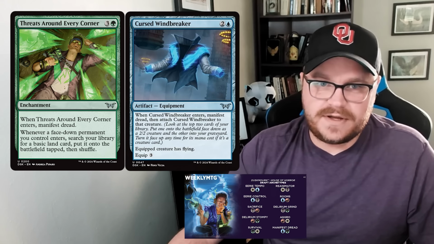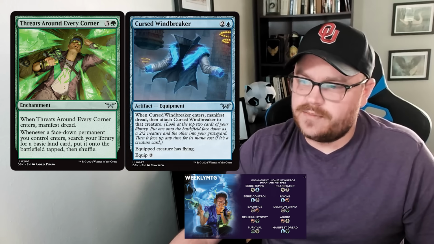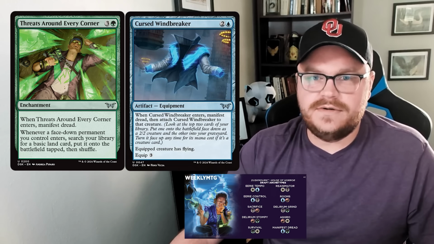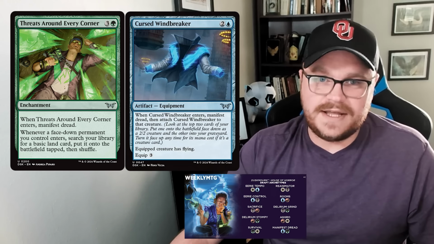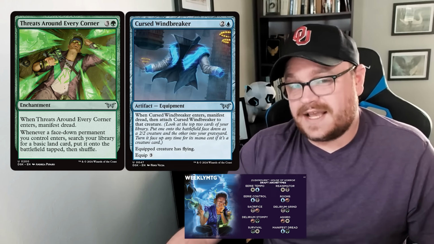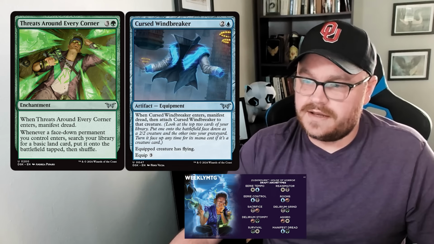If it has been revealed since I recorded it and in between when I edit it, I'll have it on the screen, but I think it's easy to imagine that it'll make your Manifest Dread creatures better, or just be a card that lets you Manifest Dread as some sort of trigger. So yeah, and like I said, I do think this mechanic is inherently strong because